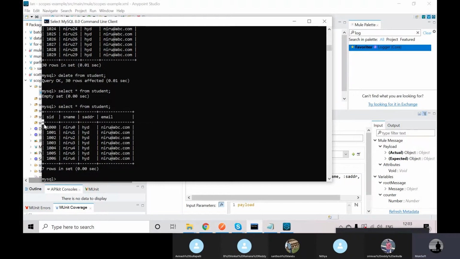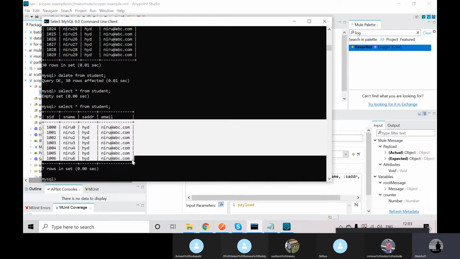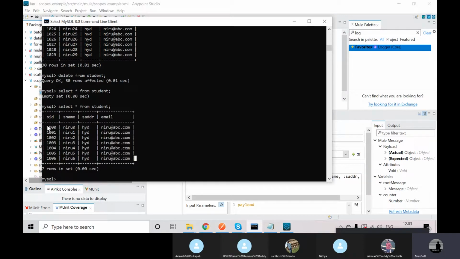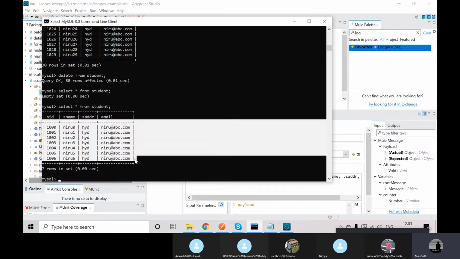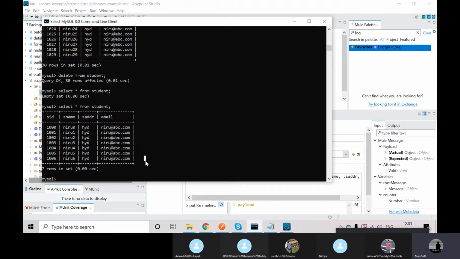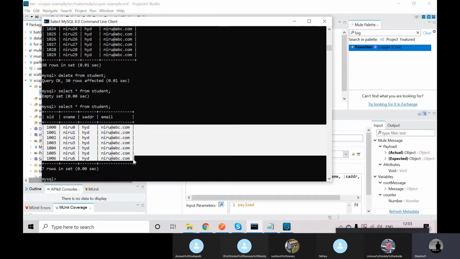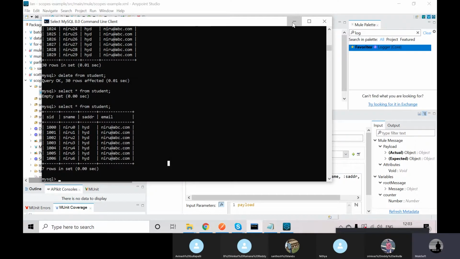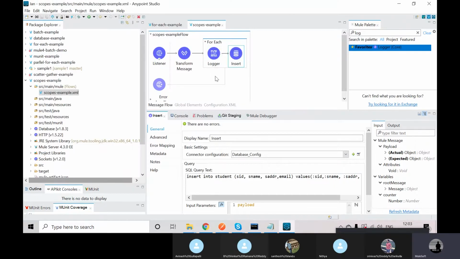In the for each, if you get an error in a record, like if you take 100 records and you get an error in the 20th record, the remaining 80 records will fail actually. Only those 20 records will execute successfully. That is the disadvantage of the for each. So that's why they have introduced parallel for each. Parallel for each means it will create individual threads, but if you observe, in the for each everything will execute in a single thread.